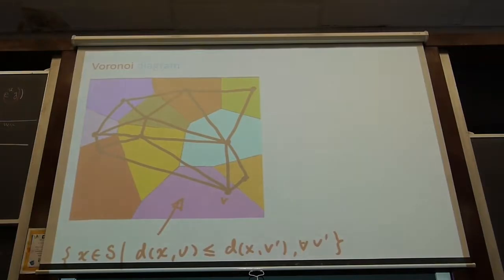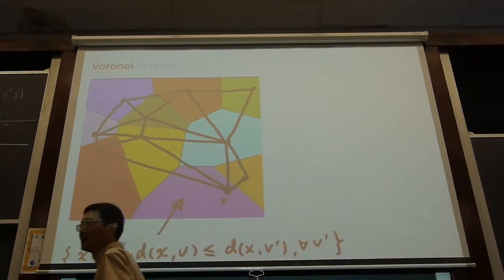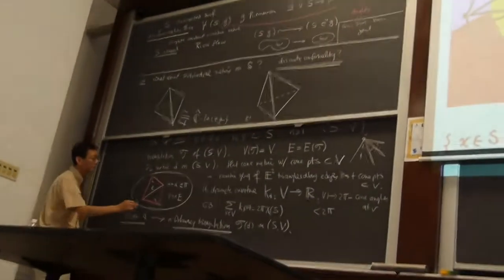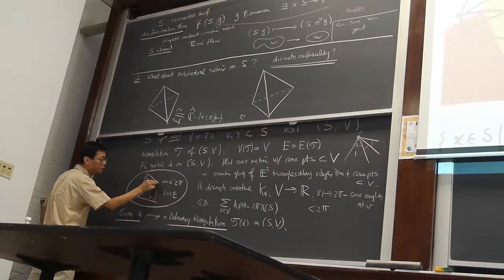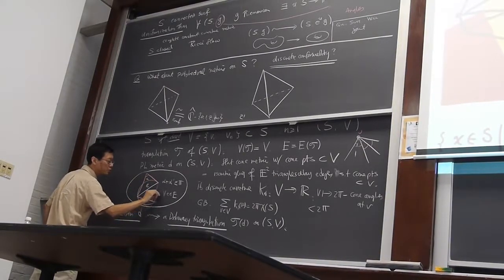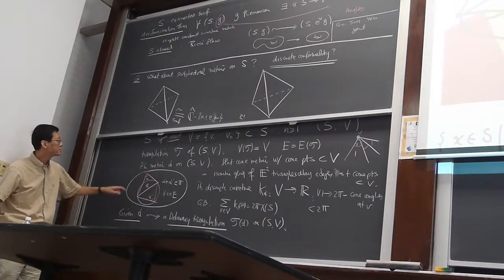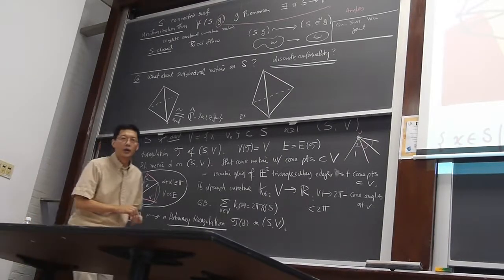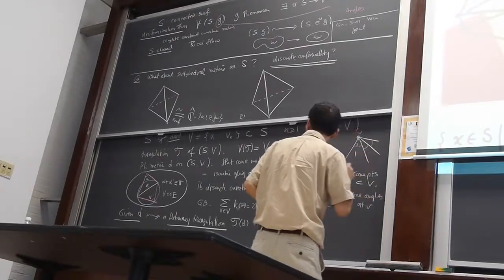Okay, so that's a Delaunay triangulation. Is that condition equivalent to having a circle that goes through a triangle? Yes, exactly. Whenever you have 3 points in a plane, you draw the circle through them. And being Delaunay means the interior of the circle contains no other vertices. So yes. And it turns out this Delaunay triangulation is not unique.